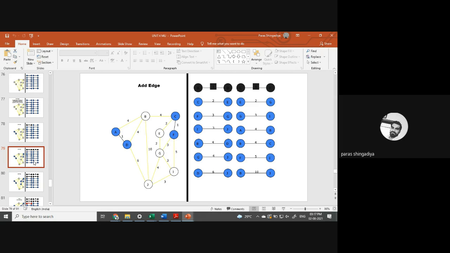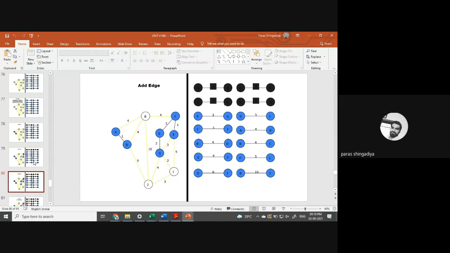Now the next weight is 2, so let's connect the 2. These remaining edges are between C and E and between E and G. We will include them in the graph. So 4 edges are included in my graph, and the graph is still disconnected and has no circuit between any two vertices. You just observe the blue shaded vertices only. Those vertices we have included in our tree, in our spanning tree.